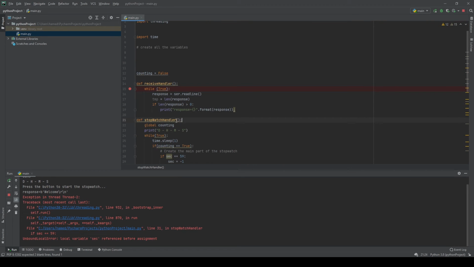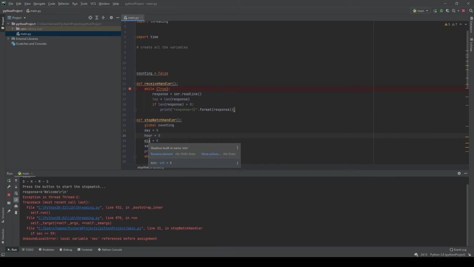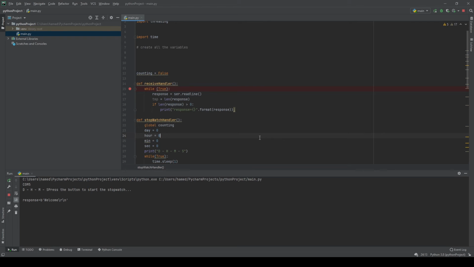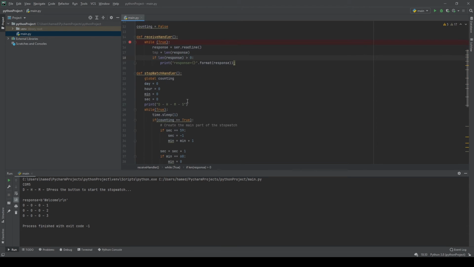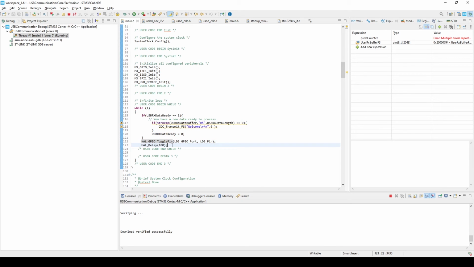Okay, we need to move this here because this is the function that we needed. Otherwise we can write global day, global hour, global minute and second. Let's run it. Okay, yeah, it's working. So now simply we need to write a code in our STM32 to just send a start when we press the button. Okay, so let's write a function here, hal